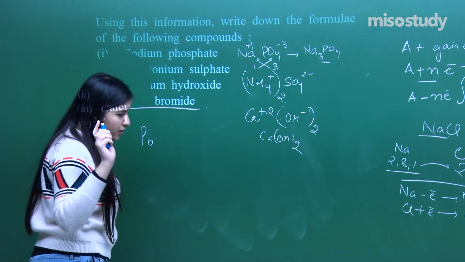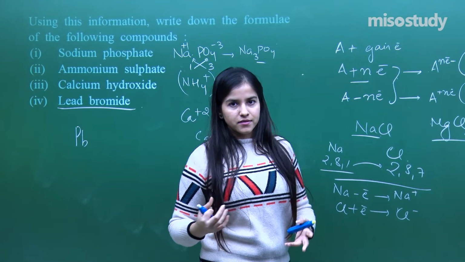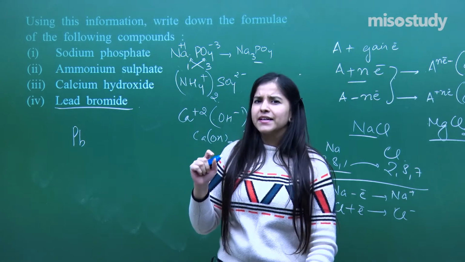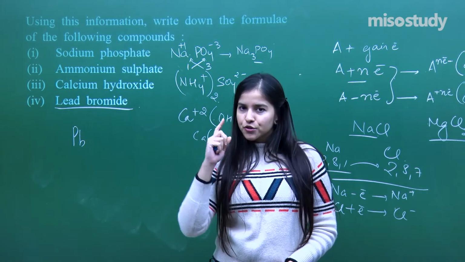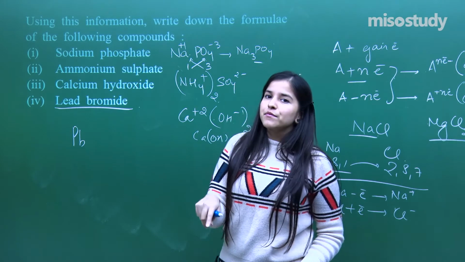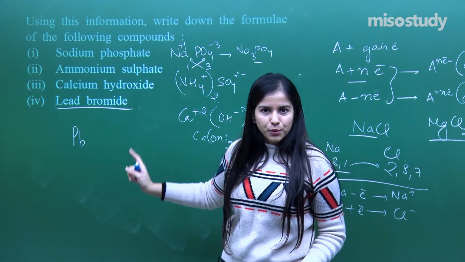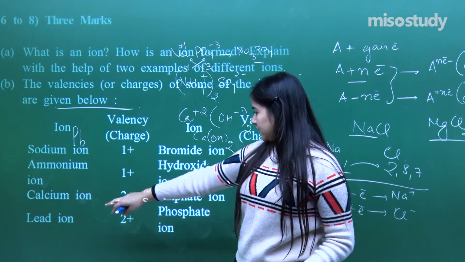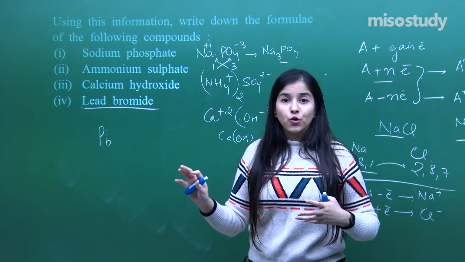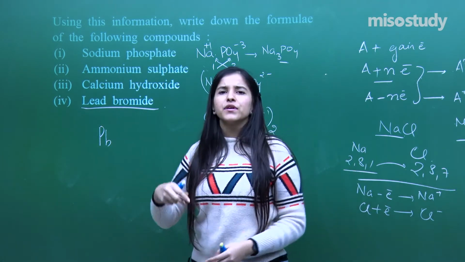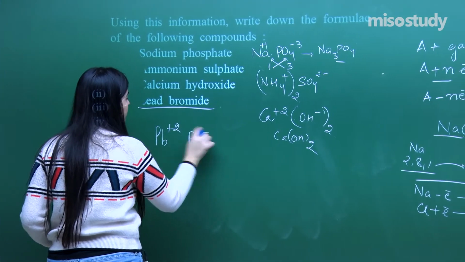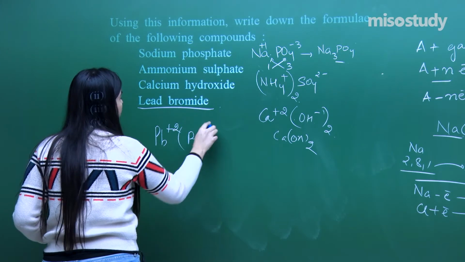Pb. And they have actually mentioned, in some metals, and even in non-metals, there is not just one valency, they exhibit more than one valency. So you need to look at lead here. Lead can be present as +2 or as +4 as well. So we need to check in the question what they have actually demanded. Lead ion +2, so we need to consider +2. So don't just go by the data in your mind, try to verify it with the given data. +2, bromide, bromine, -1, make it twice and we got it.